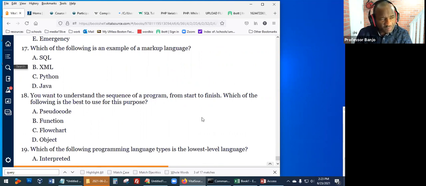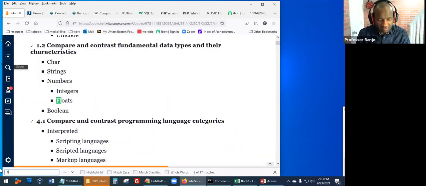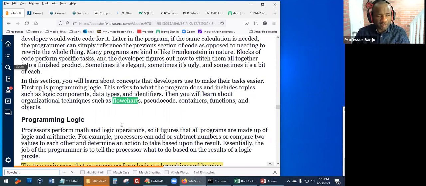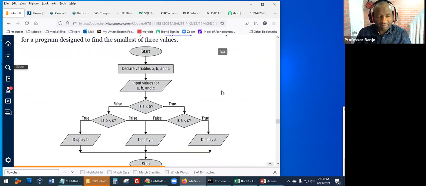Art, you want to try this? To understand the sequence of a program, you want to understand the sequence of a program from start to finish. Which of the following is the best to use for this purpose? Flowchart. Flow chart. Let's see what a flow chart is. All right, so here's an example of a flow chart, right? A flow chart is kind of like